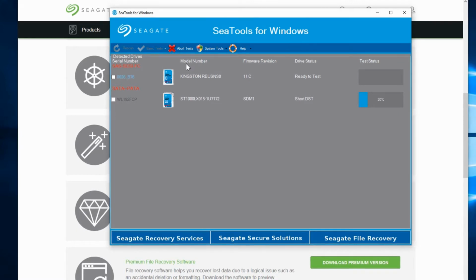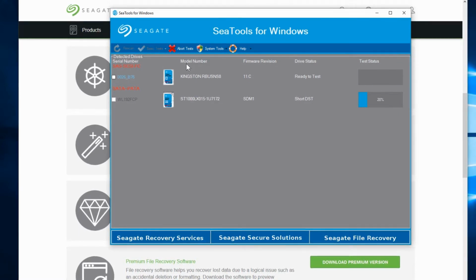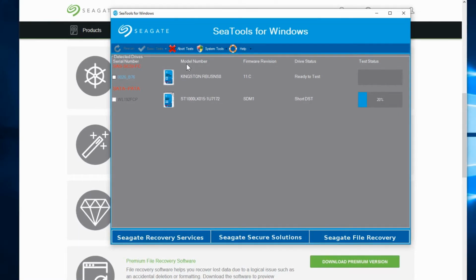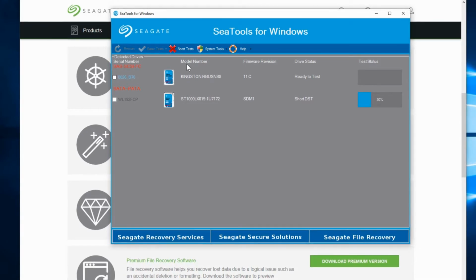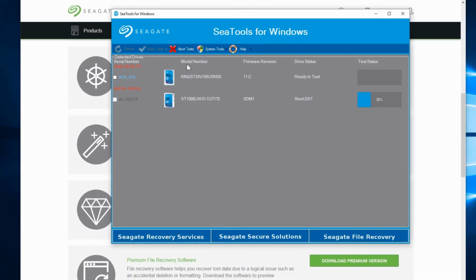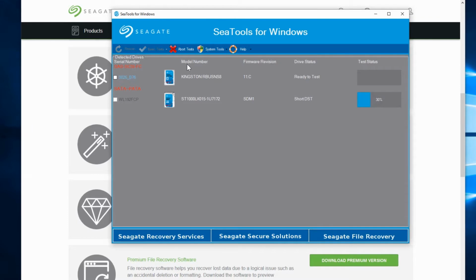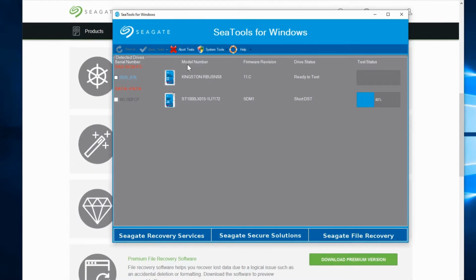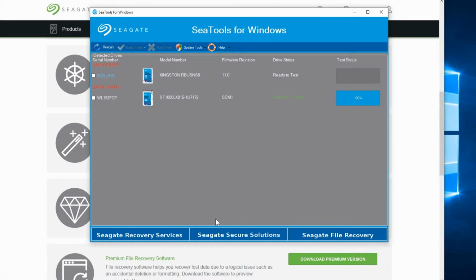And if this doesn't cut out my video recording now, because I just realized I'm not supposed to be doing this because it could have cut out the video, but it will be a nice surprise that it actually works and didn't cut the video out. So surprisingly, SeaTools did not cut out my video recording, but the Western Digital did. Anyway, that's a whole other thing to think about.